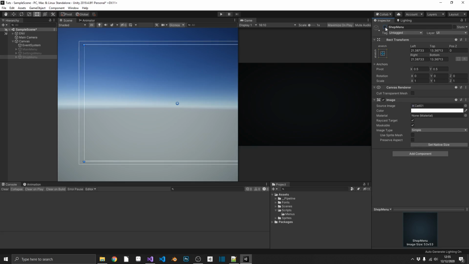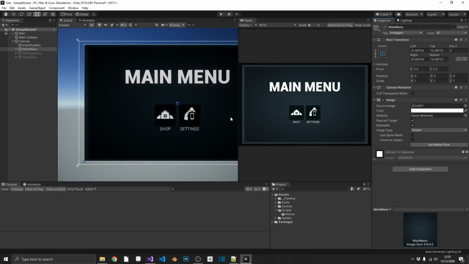Now, the way that a lot of people probably do this is you'd create a public reference to the settings and the shop menu on a main menu script, and then when you click that, you would set the main menu to inactive and your shop menu to active. Now, it is sort of what we're going to be doing, because that is the way to deal with UI. But I'm going to show you a quick and easy way where you can make this a lot more reusable and make sure that you don't have all these public references on every one of your menus to wherever you need to go. And as a bonus, this is actually going to be a static class, so we don't actually need to have